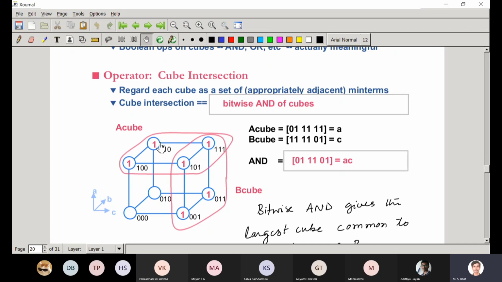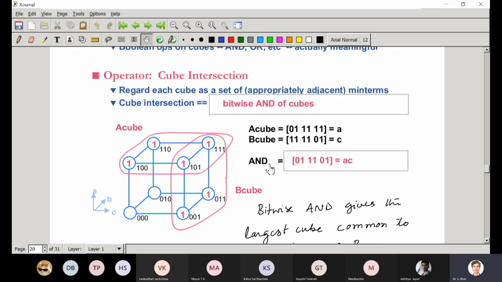So all these 4 ones together result in the cube A. Similarly, B cube is actually the cube C. Why? Because along this surface, C is 1 and A and B take both 0 and 1 values. So this is just C.